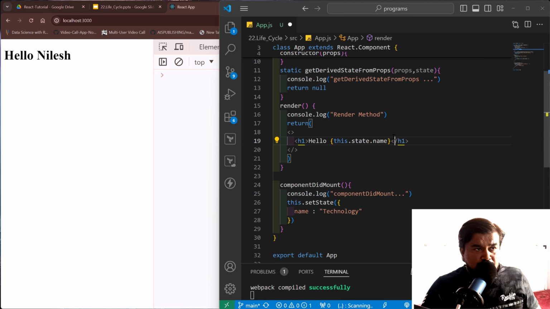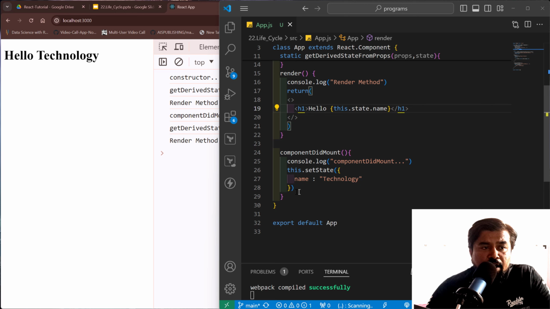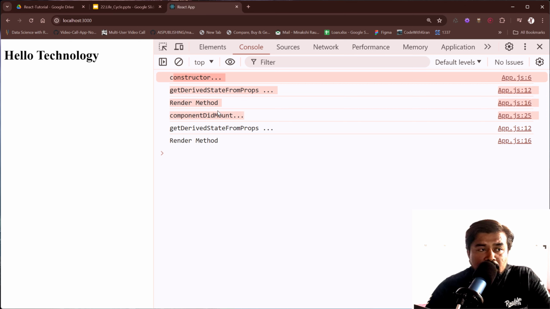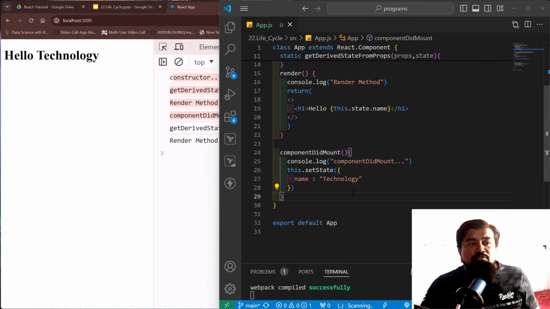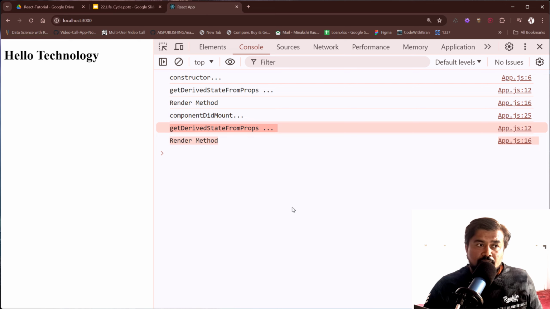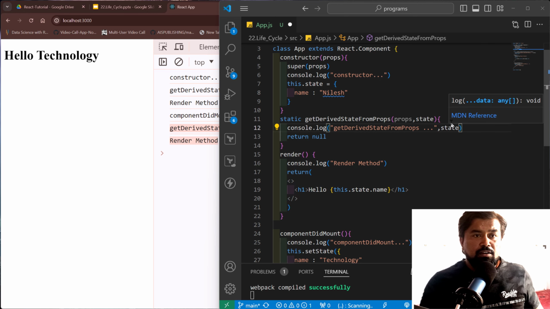So refresh, save it. See, when you change any state value inside componentDidMount, first the constructor, getDerivedStateFromProps, render and componentDidMount, these four are called one by one. When you change any state value, the next time these two methods are called: getDerivedStateFromProps as well as the render method. On the second iteration, the name is changed from Nilesh to technology. If you want to see the state value, I just print the state,